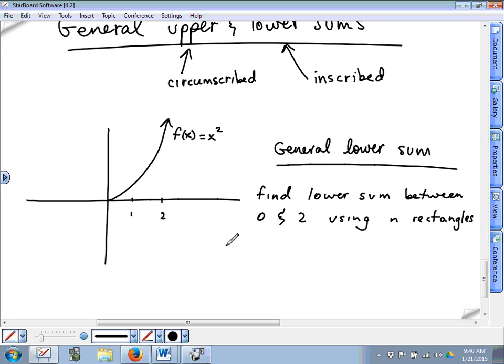The last example we did, we were going still between 0 and 2, right? How many rectangles were there? So then what was the width of each interval? If we're going from 0 to 2 and there were 5 rectangles, what was the width of each interval? Okay. So in this case, we're going between 0 and 2 and there's n rectangles. So it's going to be 2 over n, right? In general,